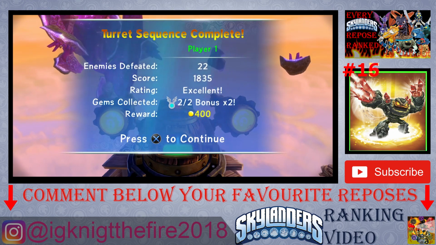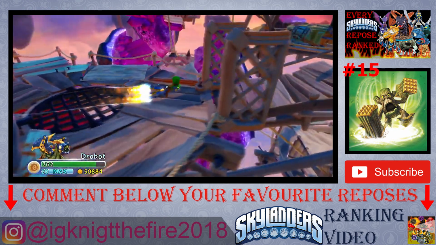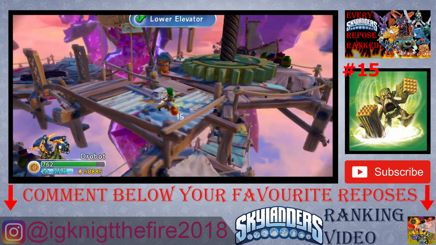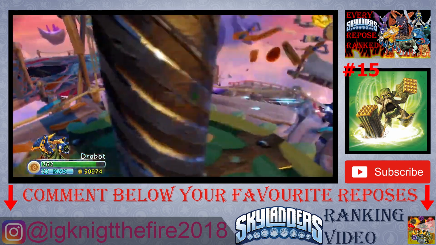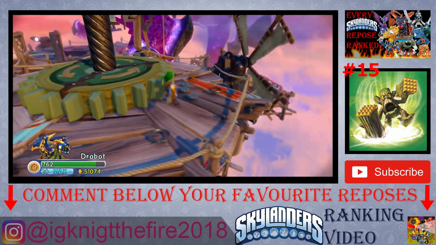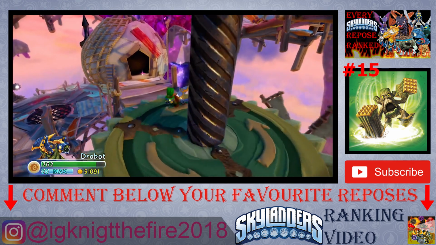Now, number 15 is Series 2 Stump Smash, easily one of the most uninspired reposes, because all they did was change up the little mallets that he has for hands. Now they have more spikes to them, and of course he also has the thorns from his armor that you get via his upgrades. But he does look more intimidating with this pose. He looks more ready to pulverize his enemies,